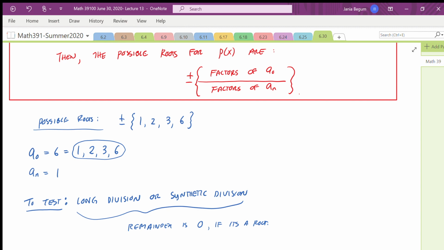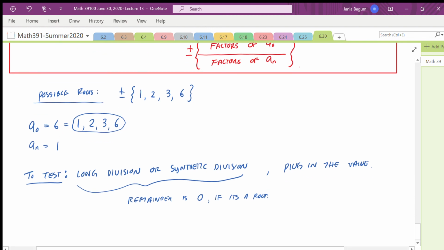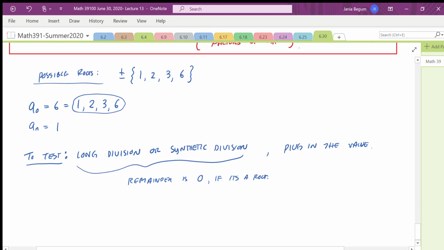Another test that you can do is just plug in the value and see if the statement is true. If this statement is true, that means it's a root. If it's not true, then it's not a root. So first I'm going to do plug in because that's simple. We can just plug it in and see if it's equal to 0. If not, then it's not a root. So let's test